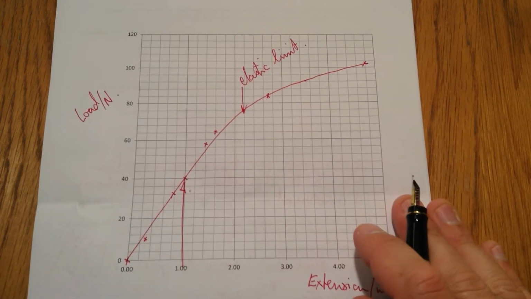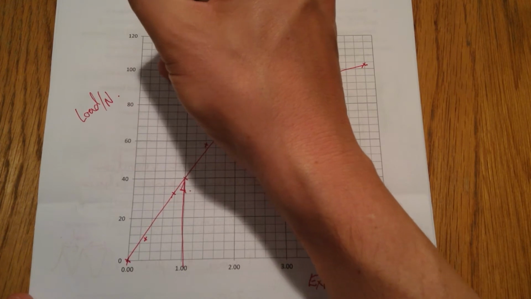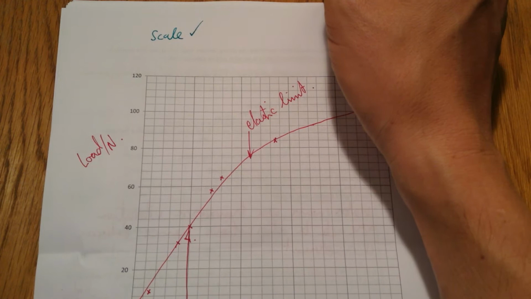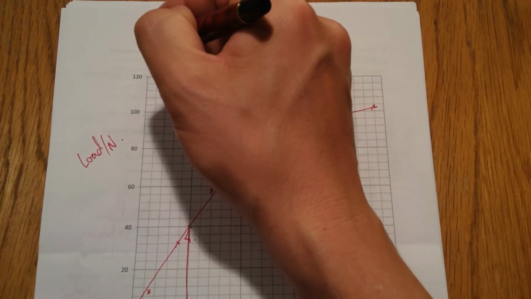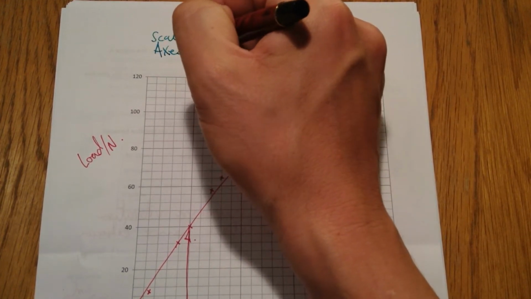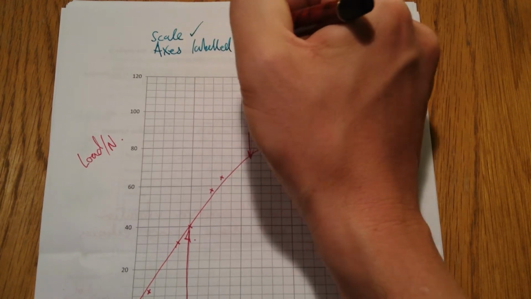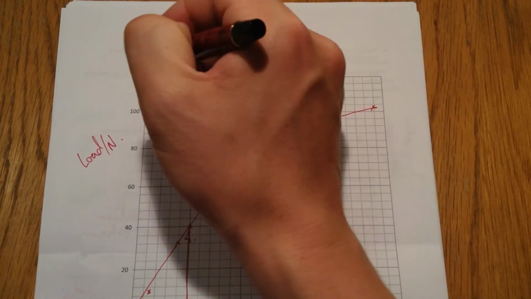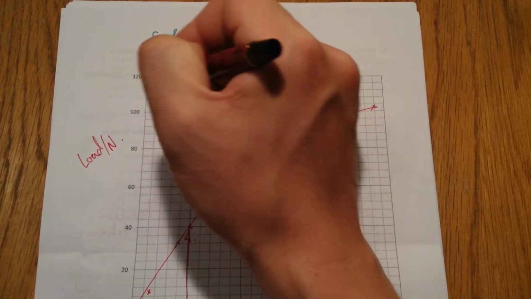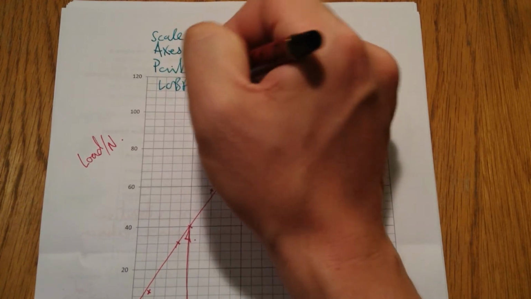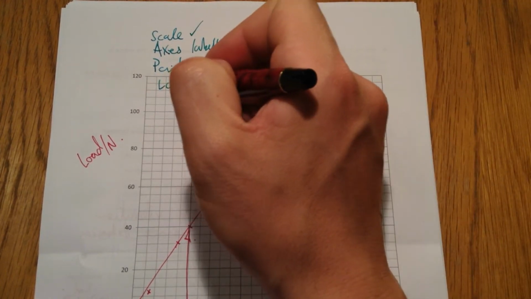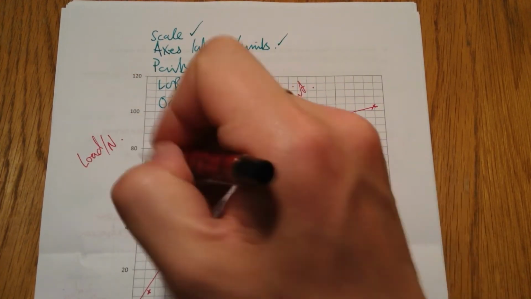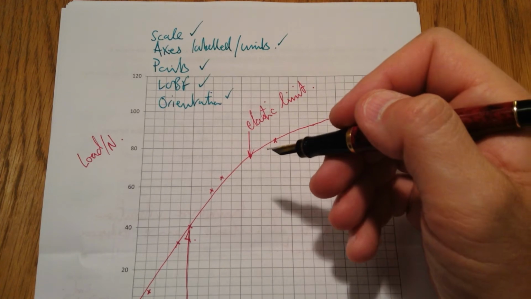Now when you're doing a graph, these are the 5 points you ought to think about. One is the scale. This has been done for you, but the scale is important. Another one are the axes. Are they labelled? And with units, really important point. The points, are they correctly plotted? Is the line of best fit plotted? And the orientation